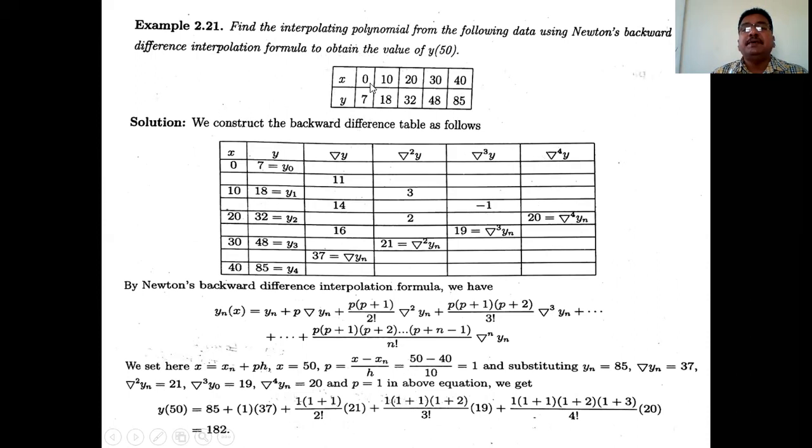So the values of x are 0, 10, 20, 30, 40. That is, the values of x are equidistant, and we have to use Newton's backward interpolation formula. So prepare the backward difference table. The first column of the table is the values of x. The second is the values of y, then delta y, delta square y. Instead of y, use the notation f(x). So delta f(x), del square f(x), del cube f(x), del raised to 4 f(x). This is the table, and the values of x and y are 5 in number, and therefore the last column is del raised to 4.